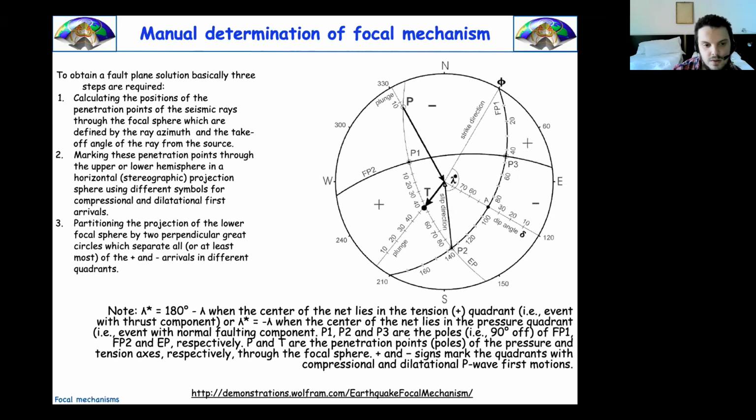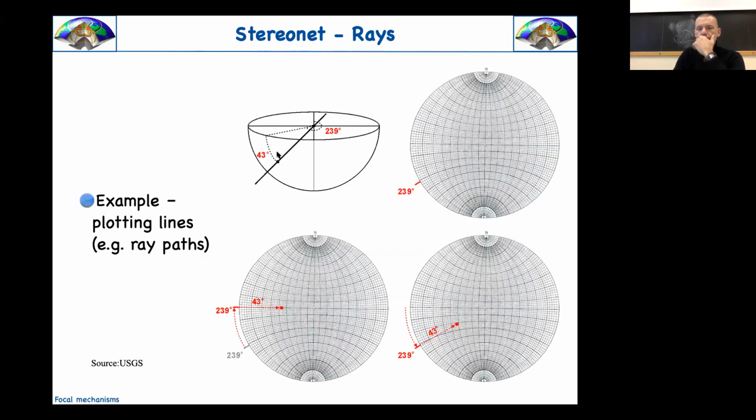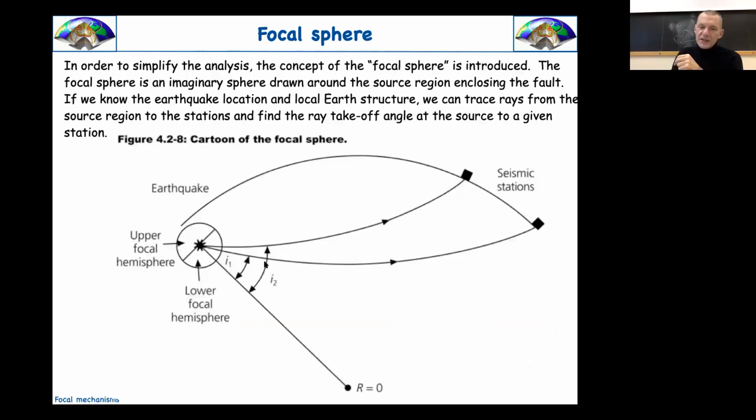Professor. Yes. The take-off angle, I didn't get it well. What is it? This. The take-off? Actually, it's this. Is that 43 here? No. This is just an example. Wait a second. I was telling you. It's a distance. It's an angle between the direction of the